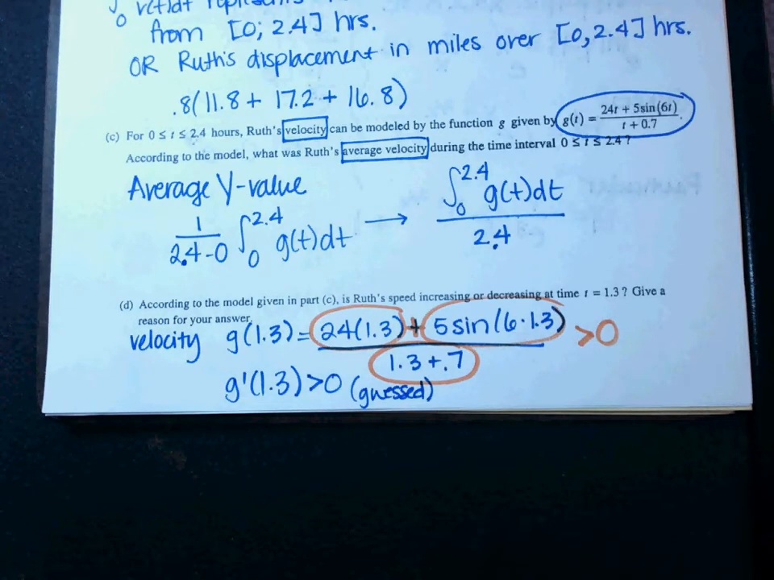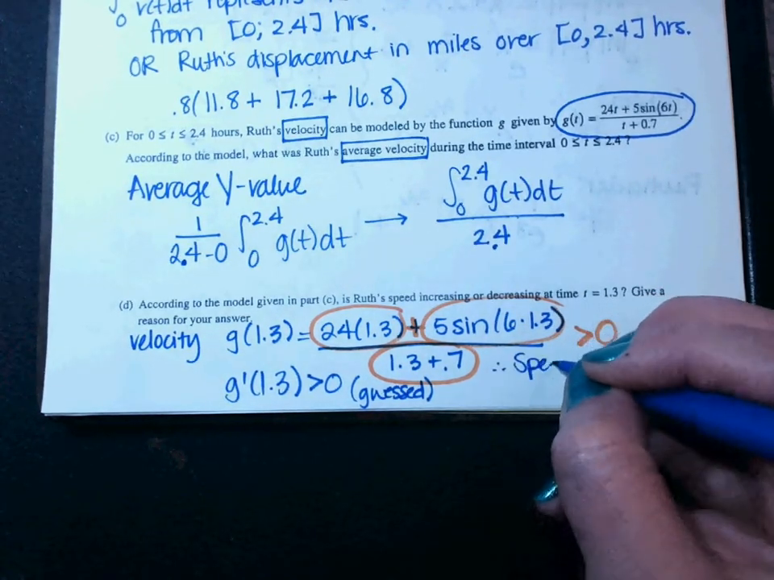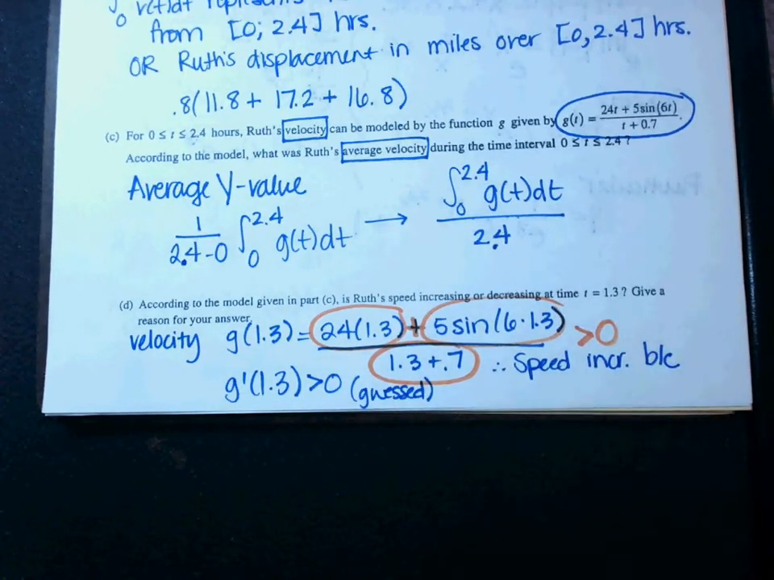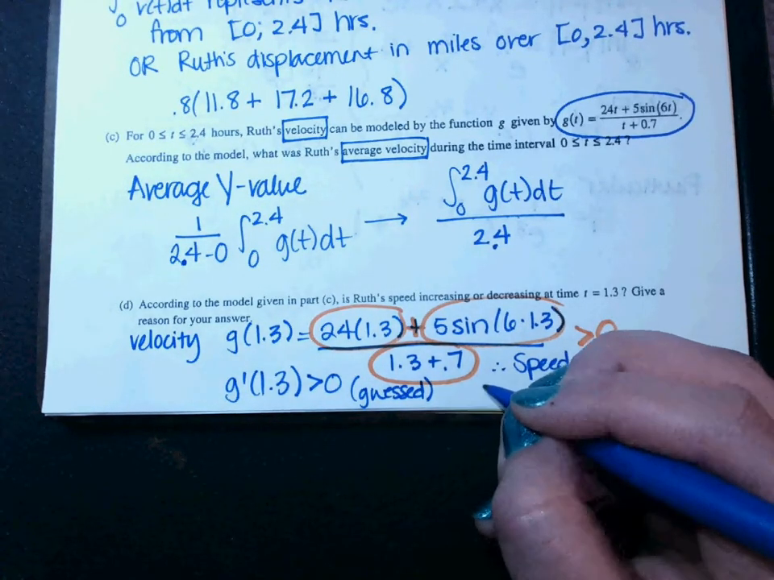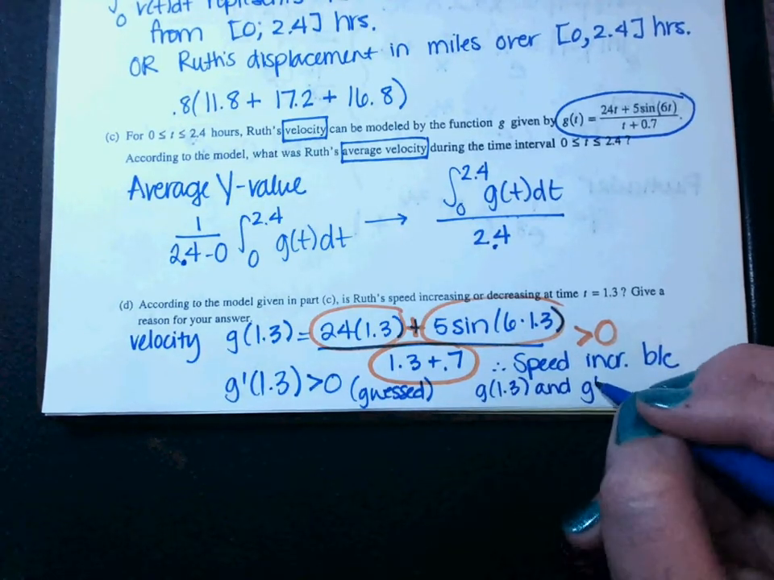Okay, if it also came out positive, what would your conclusion be? Speed increasing or decreasing? What if they came out opposite signs? Speed would be decreasing. Okay? And then it says give a reason, so we're going to put therefore speed increasing, because g prime of 1.3 and g of 1.3